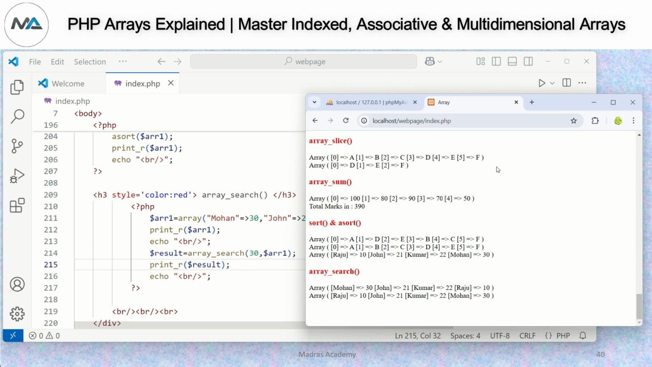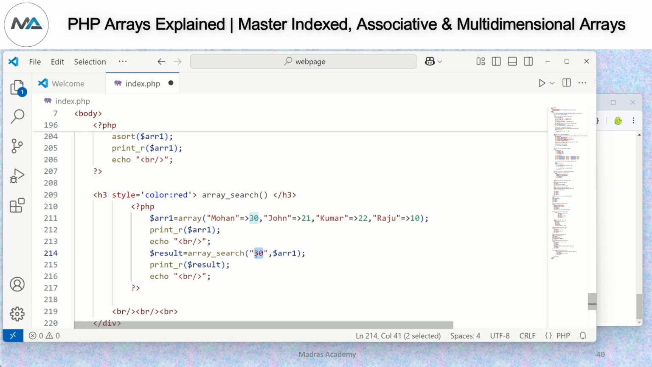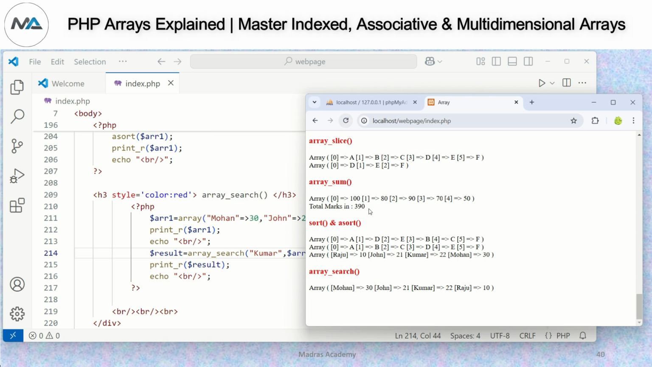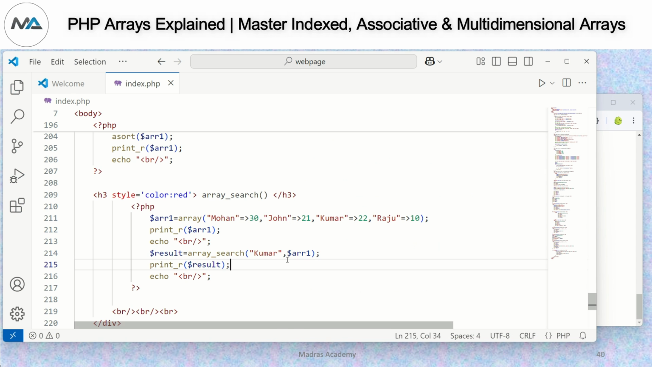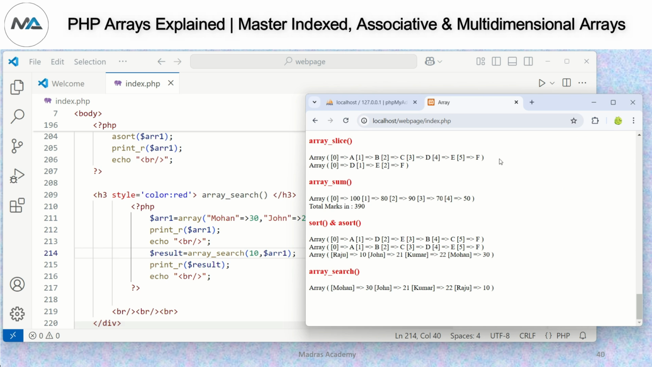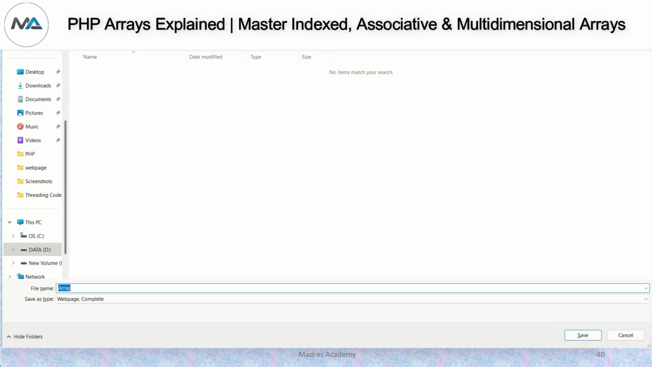Okay, so see, Morgan, the key for that value is available, and the key will print. Okay, so suppose if I give Kumar like this, now in that time it won't print anything. Okay, so we need to search the value. If the value is available, the key will print. Okay, so suppose if I give 10, the value is available, so it will print Raju. Okay, so like this way we can use the